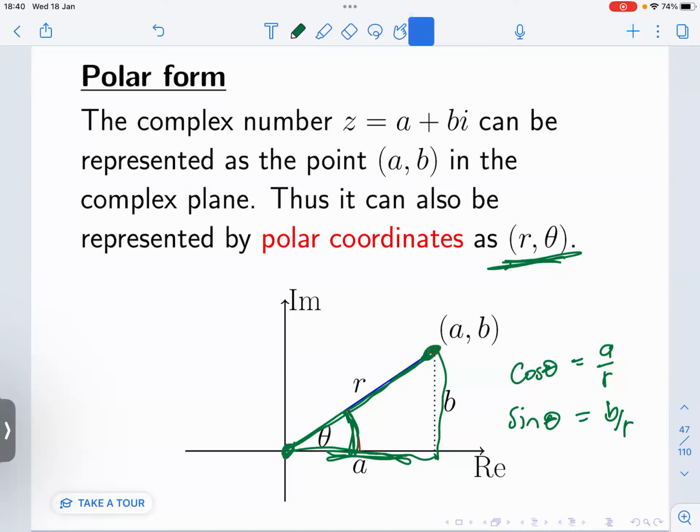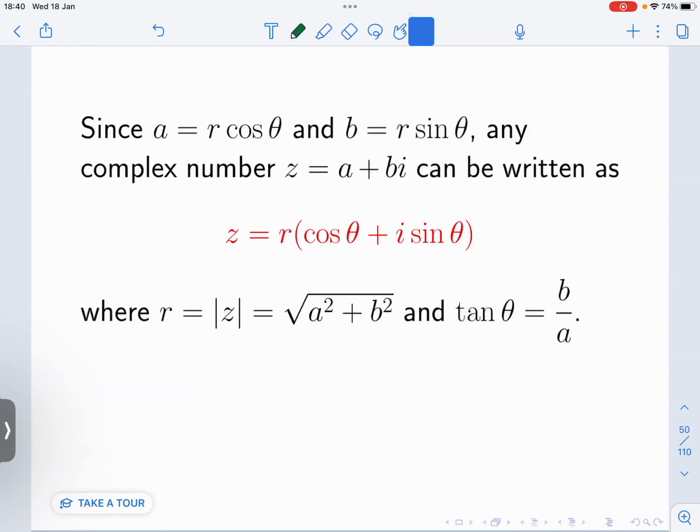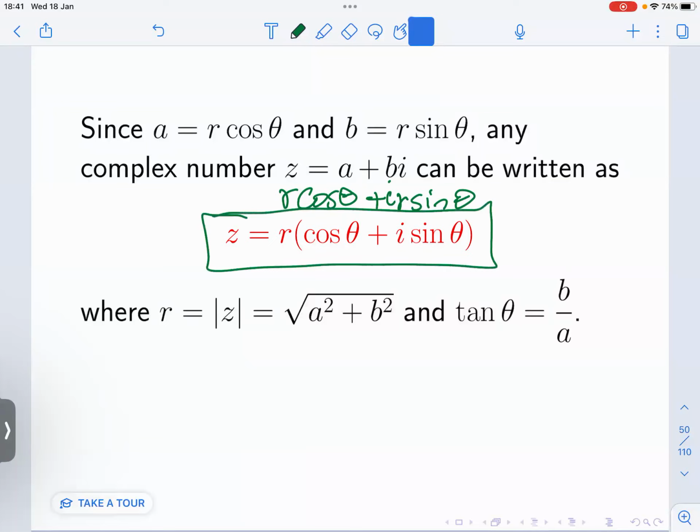Thus, we can make a and b the subject of the formula to get a as r cos theta and b as r sine theta. Then the complex number a plus bi will be expressed in polar form as r cos theta, that's a, plus b, which is r sine theta, times our imaginary number i. Since r is common in both terms, then z is equal to r (cos theta plus i sine theta),